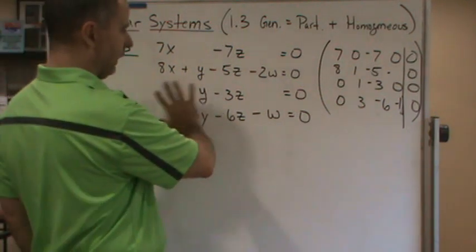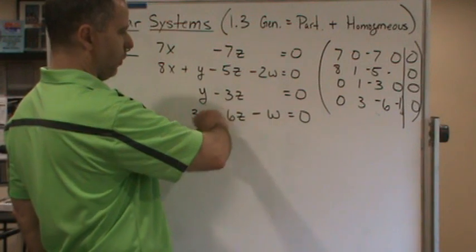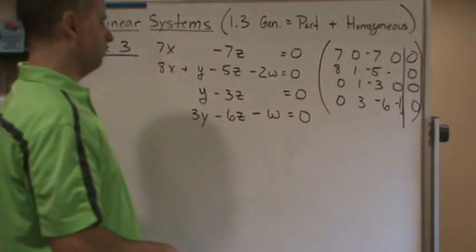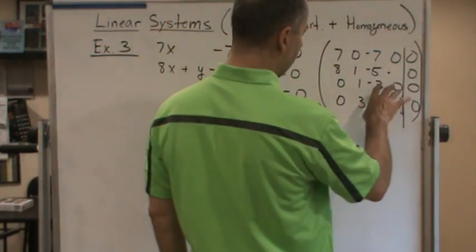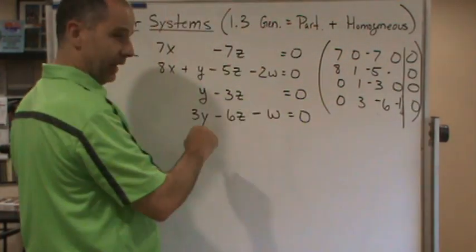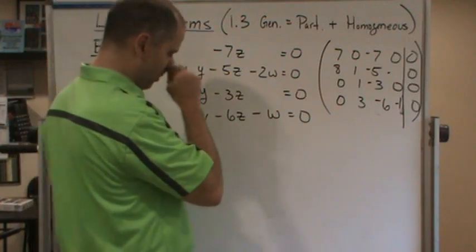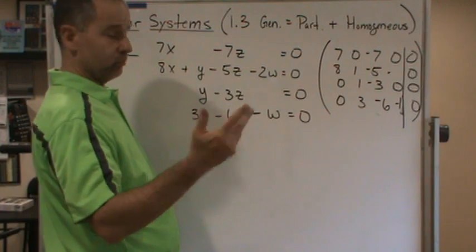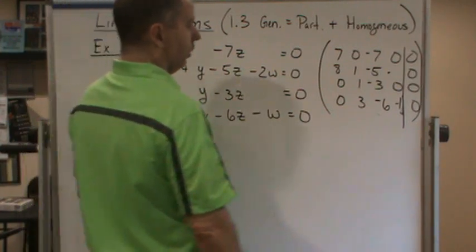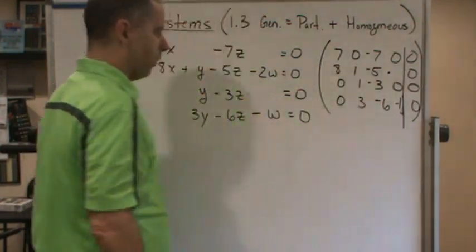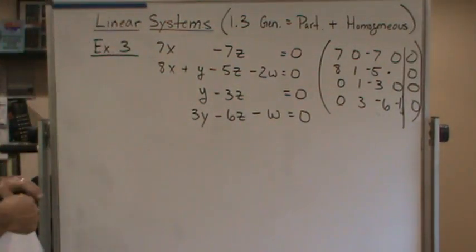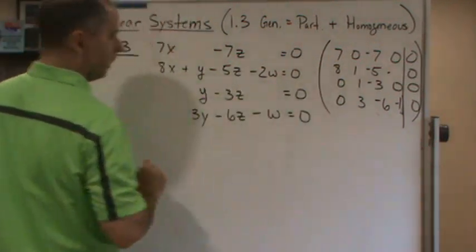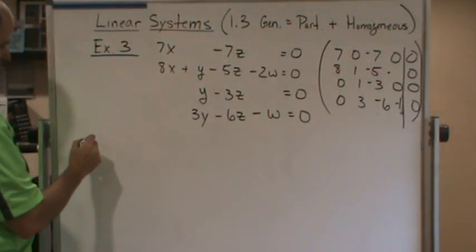So I wrote here the system of equations where we have the different elements. Okay? So we have this augmented matrix. So what I'm going to do is solve this. The first thing we need to do is get rid of that 8. So I'm going to multiply. The first thing we're going to do is